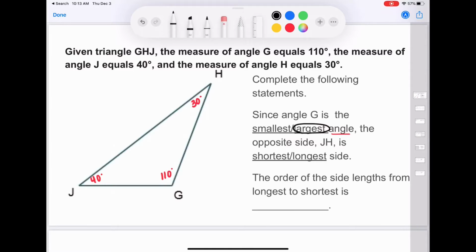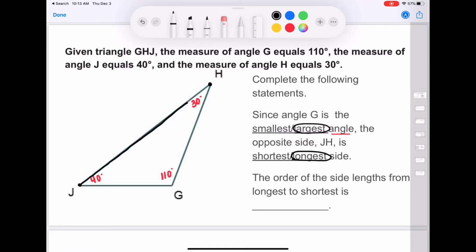Well, what we've learned is that across the largest angle, we have the longest side. So side J and H will be the longest side because we learned across the largest angle, we have the longest side. And we're looking at this side,